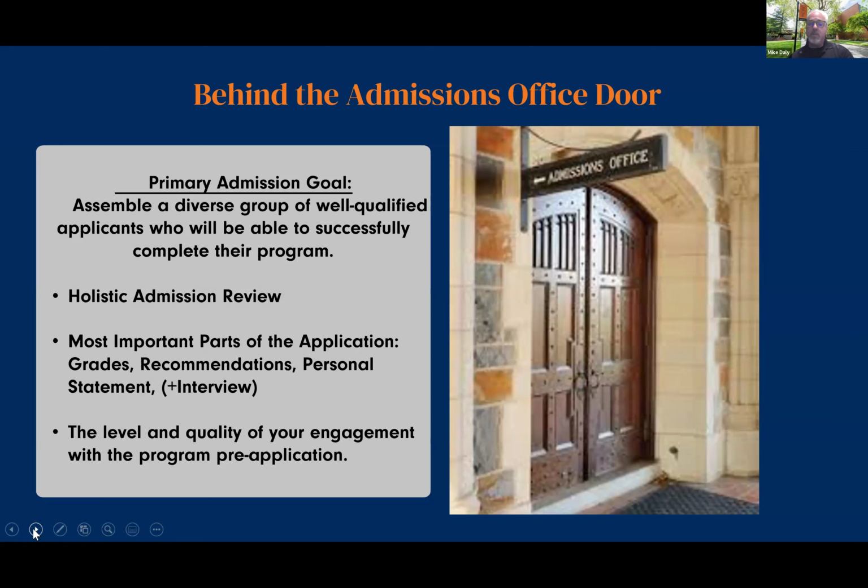Certain schools are going to require you to get recommendations from certain people as a part of the process. Some programs may require two recommendations, others 3 or 4, depending on the program you're looking at. But in general, they're going to be looking for academic recommenders, a professor or an advisor who is in a good position to speak to your qualities as a student. How much do you participate in class? How focused are you? How much do you look for extra work or extra learning for yourself?